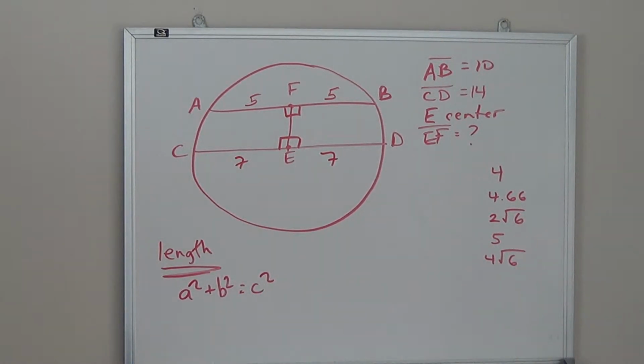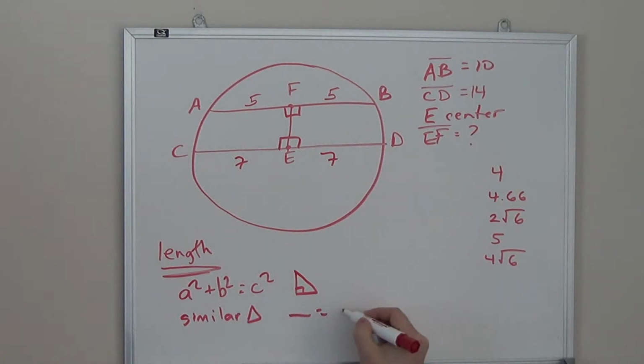Now you could say, that's great there, buddy, there's no triangle. Now sometimes there's not going to be a triangle. Remember, sometimes we're going to have to create our own triangle. But typically when they're asking you for length, that's going to be our best weapon to figure it out. Some other times, you're going to have maybe some similar triangles, in which case you could use some sort of proportion,